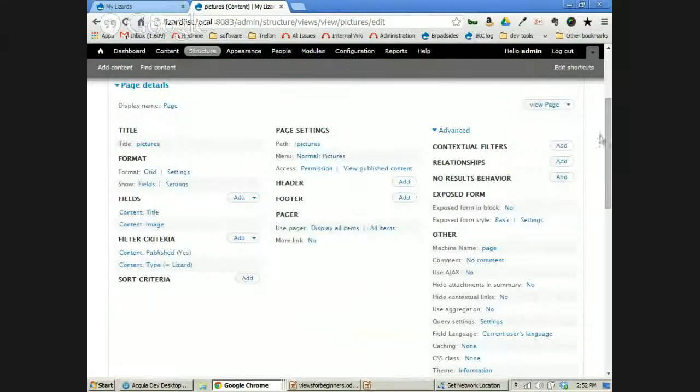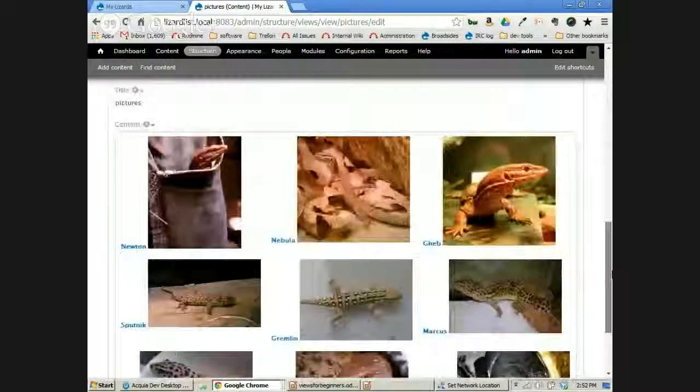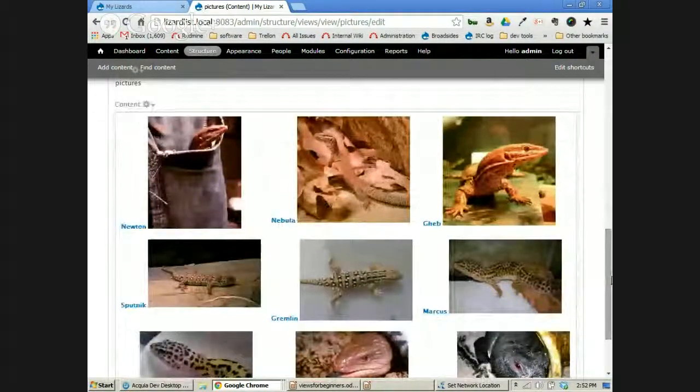Then we can see that even though the title is excluded from the display, we're displaying it here, and if we look at the output, it's going to be part of the same field